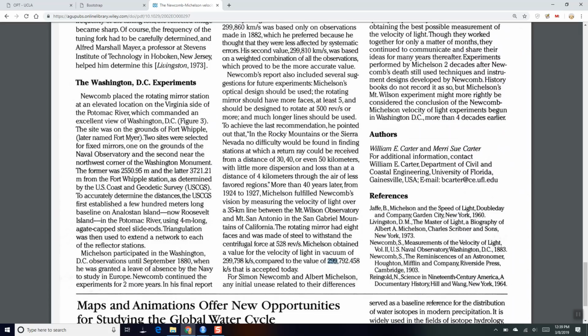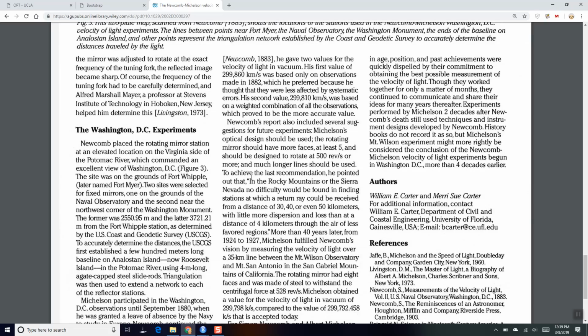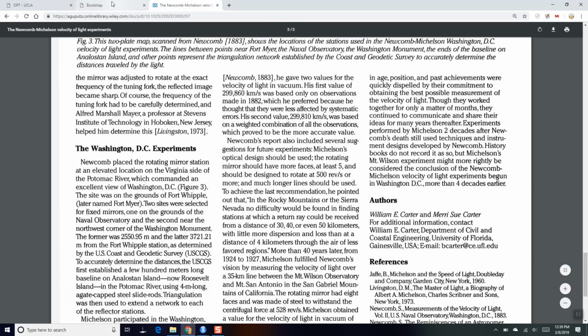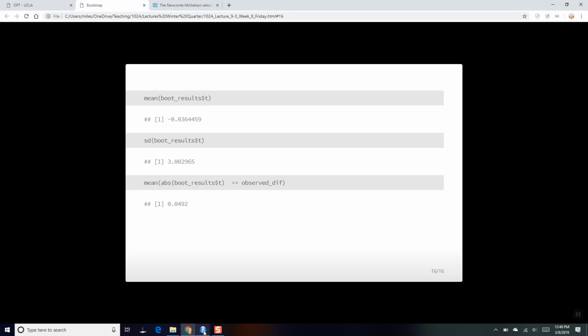So the current accepted speed of light value is 299,792 kilometers per second, and I think their estimates were like 299,810 and 299,860. So they were off, but pretty good. Okay. So anyway,